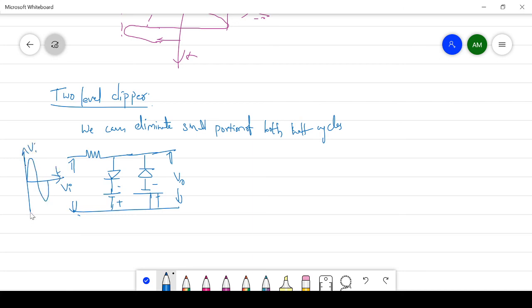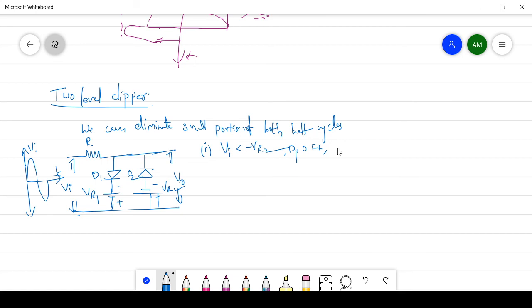Now the working of this circuit. Here we have VR1 and VR2. The first condition is Vi is less than minus VR2. Below the reference voltage of VR2, the voltages are very small, that is, negative voltages only. When we apply negative voltages to diode D1, diode D1 is off. Small voltages below the reference voltage are applied to the cathode.